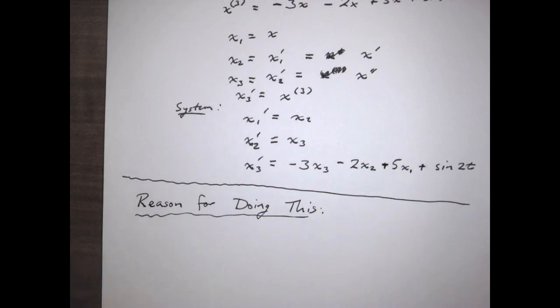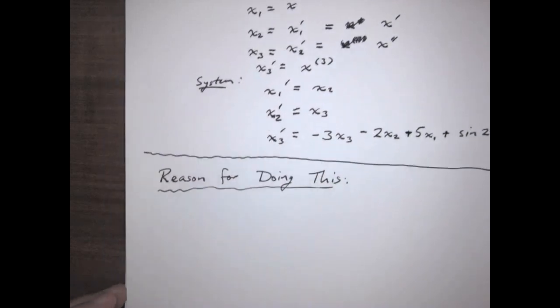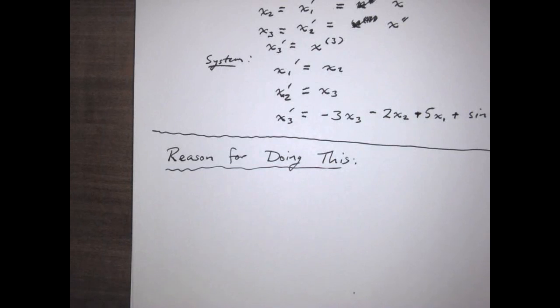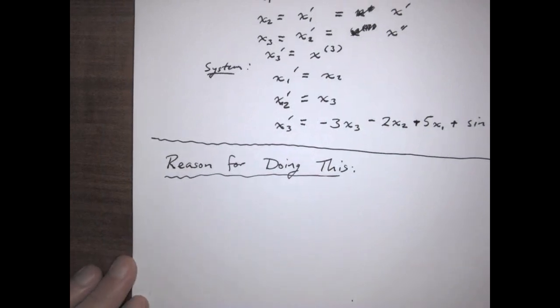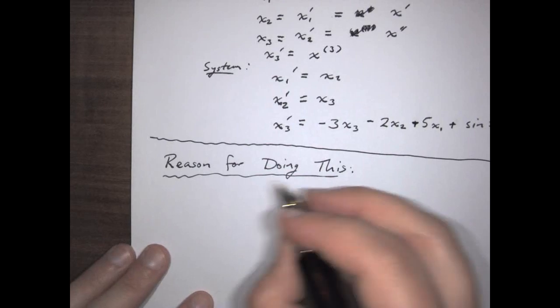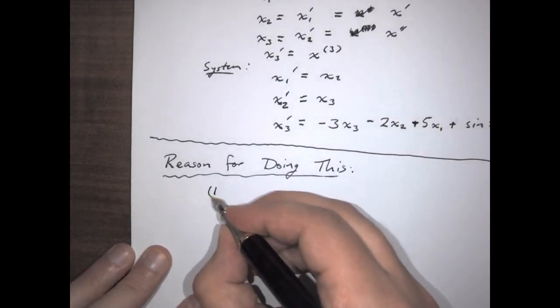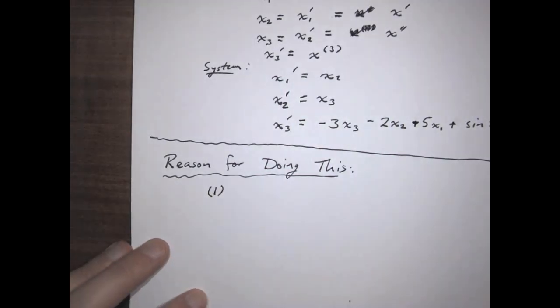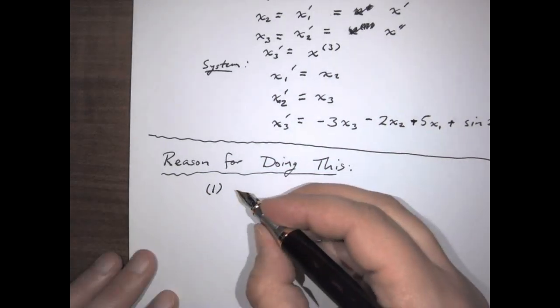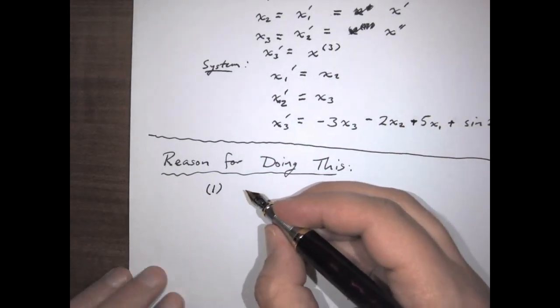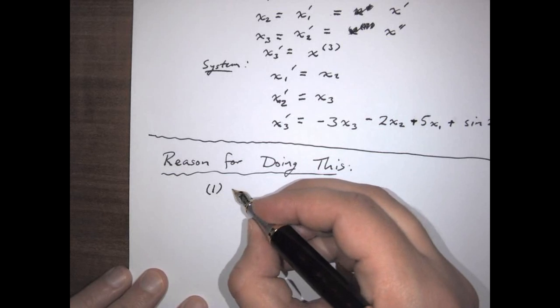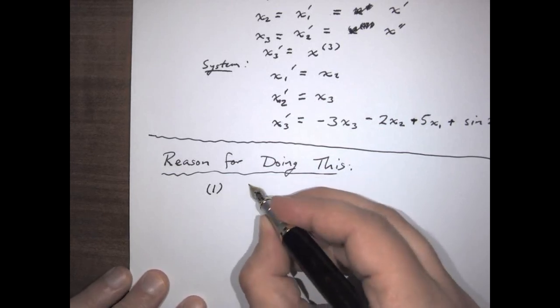One is for the purposes of finding solutions analytically, and the other is for the purposes of finding a more qualitative, graphical, or numerical approach. So first off, one. This is the analytical reason for doing this, and it is that we will